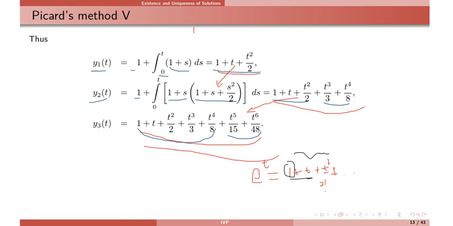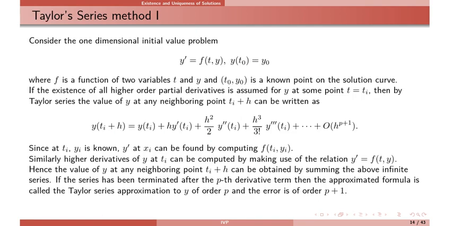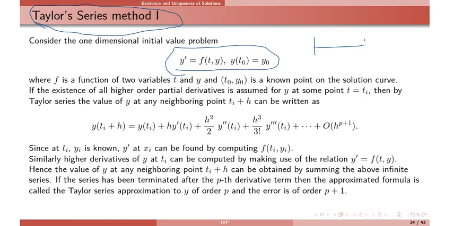And next I will move to Taylor series method. This is also a basic method based on Taylor series, and we have the same IVP, dy/dt = f(t, y). As you know, the solution at t0 we know from some conditions, which is y0. So use this solution to find the solution at another point.